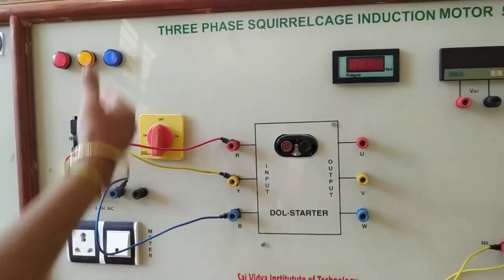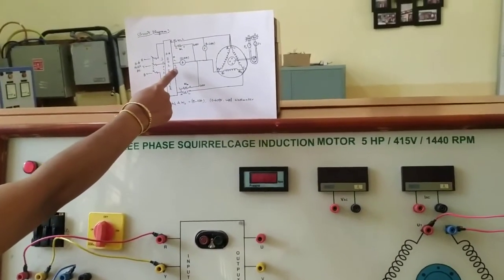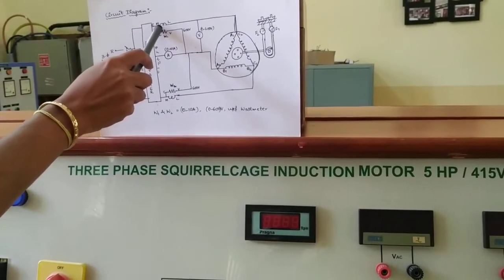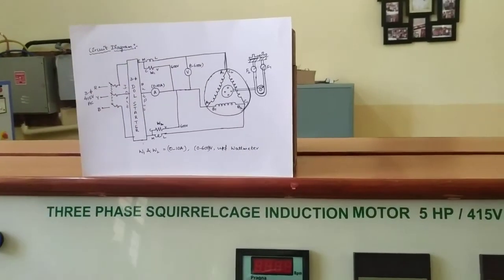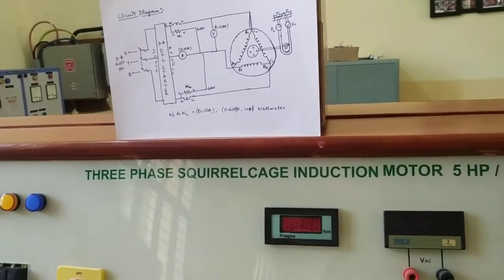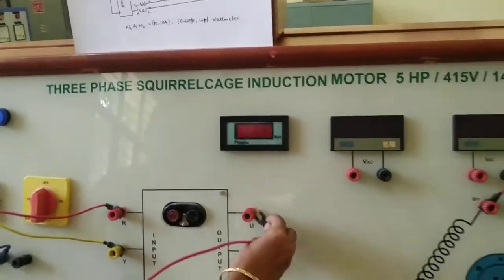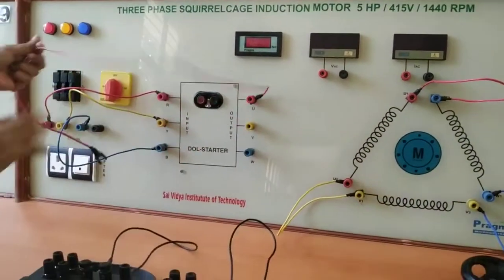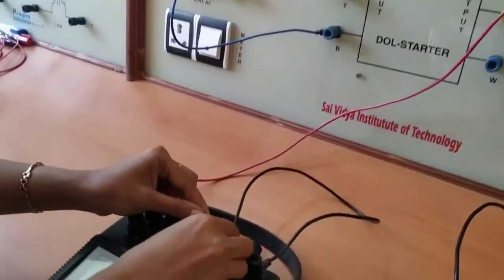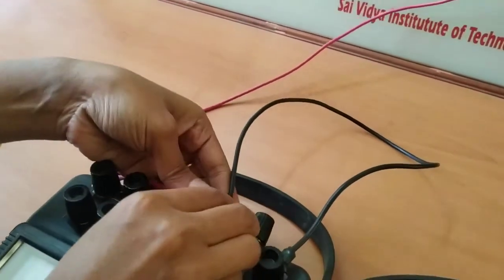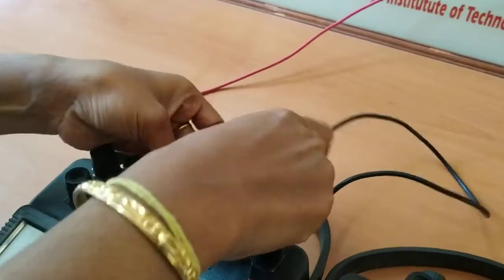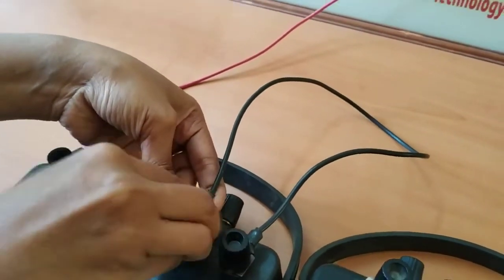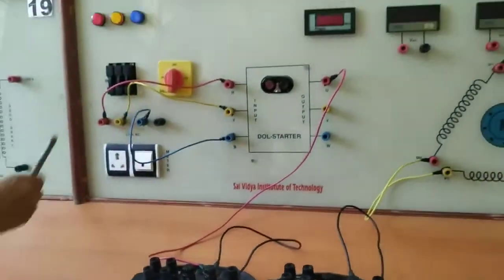Okay, then next we are left with the output of the dual starter. In the output of the dual starter, the R can be connected directly to the wattmeter M. Here, instead of R, on the board it is written as U. It's one and the same. So we can directly connect it to the one of the wattmeter which is going to read as W1. Okay, so we have completed this.